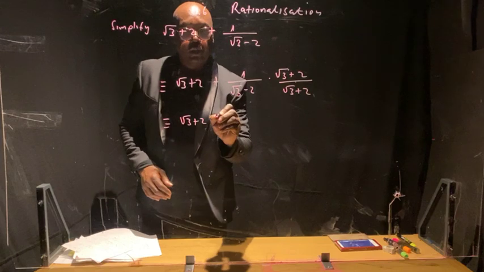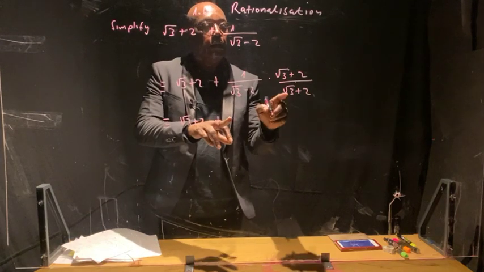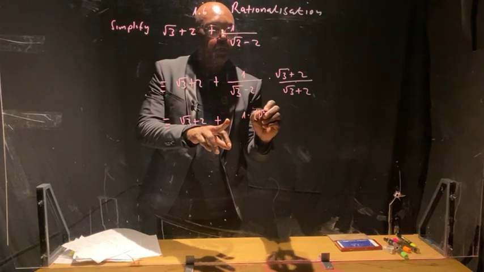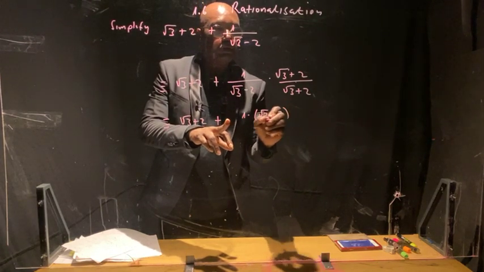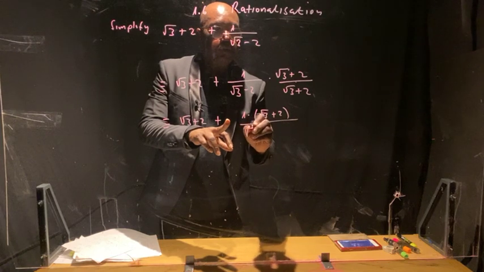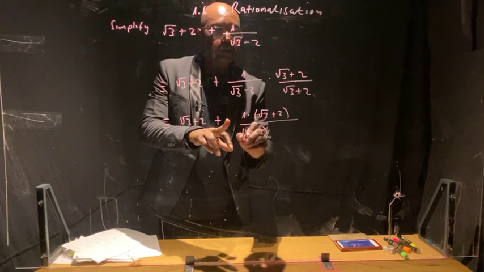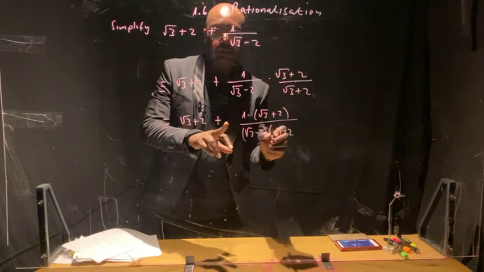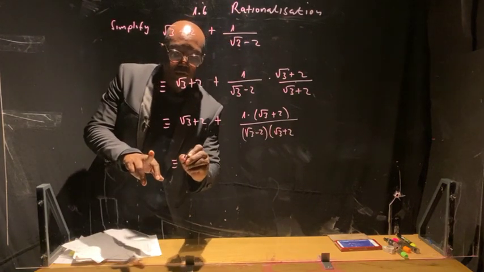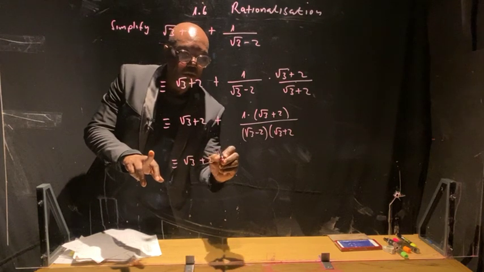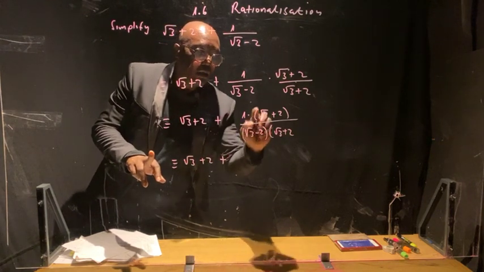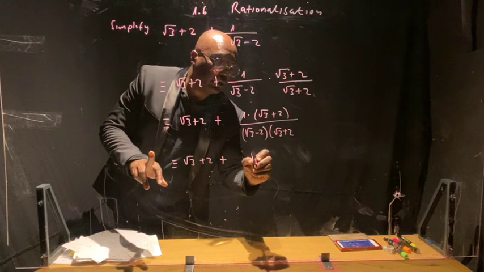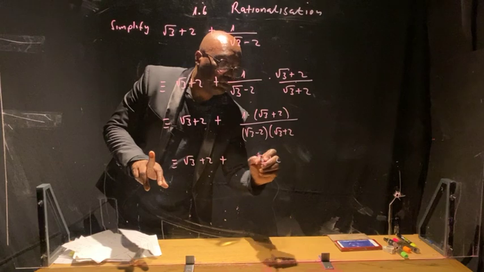Then there's a plus here. Then this one becomes 1 multiplied by root 3 plus 2 over root 3 minus 2 multiplied by root 3 plus 2, which is no different from root 3 plus 2 plus the numerator, which is root 3 plus 2 over,